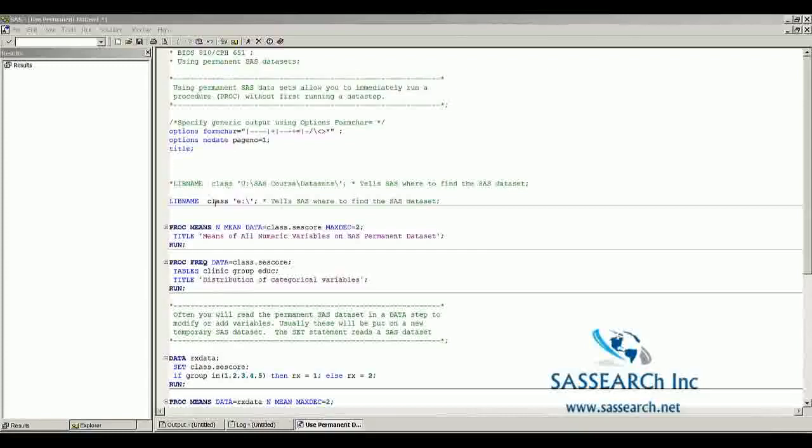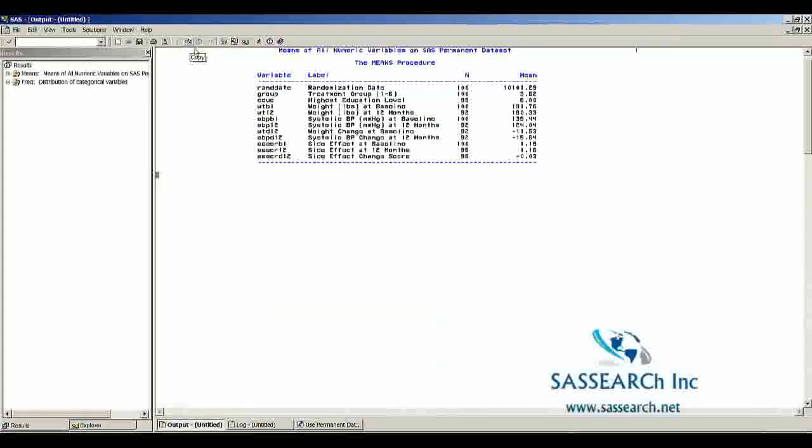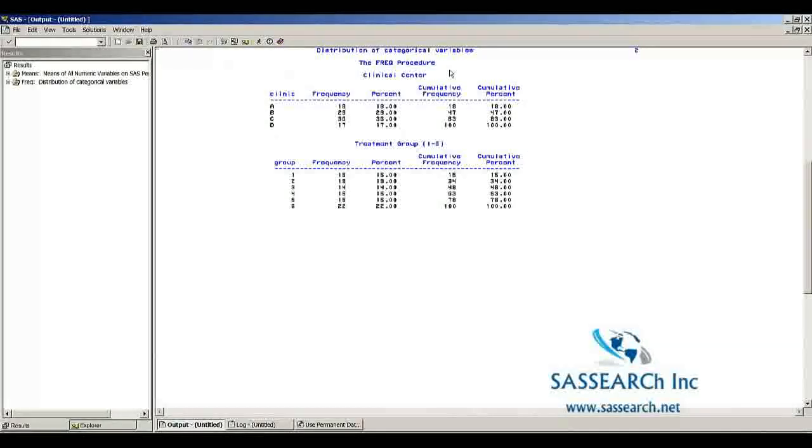So let's go ahead and first of all run proc means on all the numeric variables in this permanent dataset, and then we'll do frequency on the categorical variables in the dataset. So here are the means of all the numeric variables on this permanent SAS dataset that we created in the previous demonstration video. And then if we page down, we see the distribution of the categorical variables: clinical center, treatment